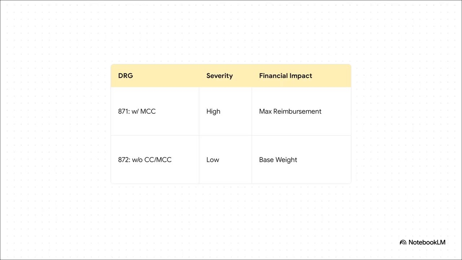Take sepsis, for example. It is a classic high-volume, high-weight condition. DRG 871 is septicemia with a major complication or comorbidity, an MCC. That yields maximum reimbursement. But if just one single MCC drops off that claim because of poor documentation, it immediately downgrades to DRG 872, septicemia without CC/MCC. The relative weight absolutely plummets, and the hospital loses a massive amount of revenue for providing the exact same patient